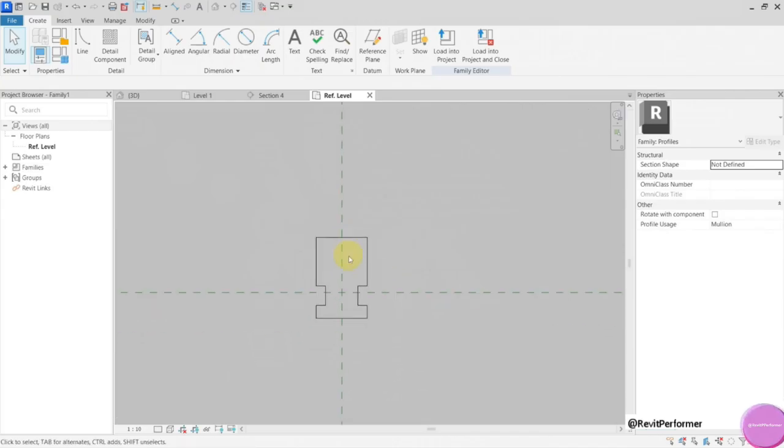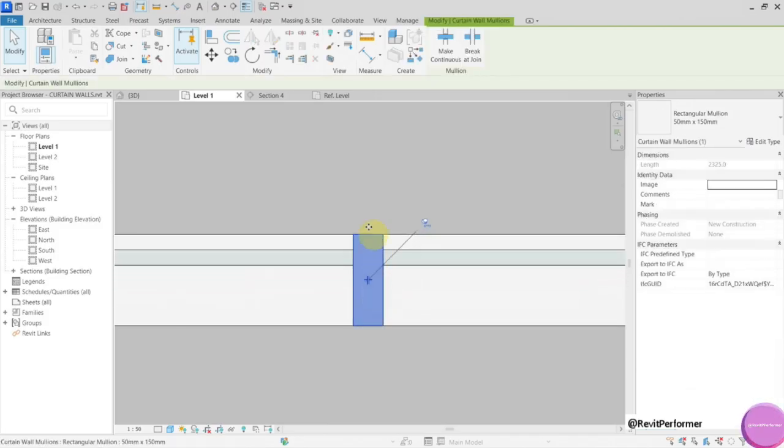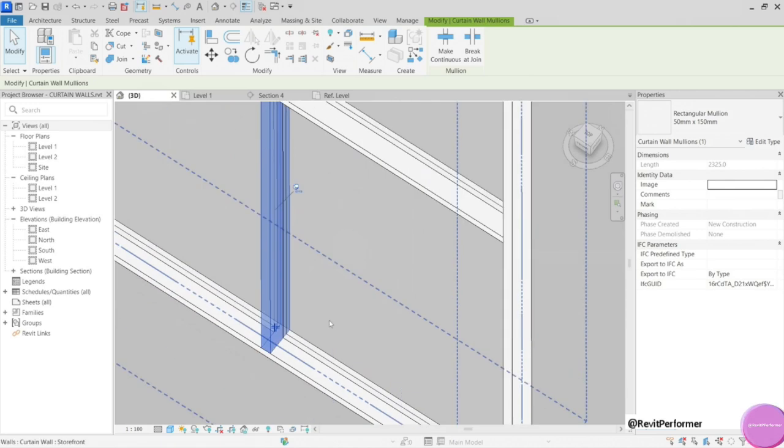Okay, let's say that this is my new mullion profile. Don't forget that this is just the profile family. If I load it into my project, I can create a new mullion type, which will use this profile to drive its geometry, so it will be swept along the path here.